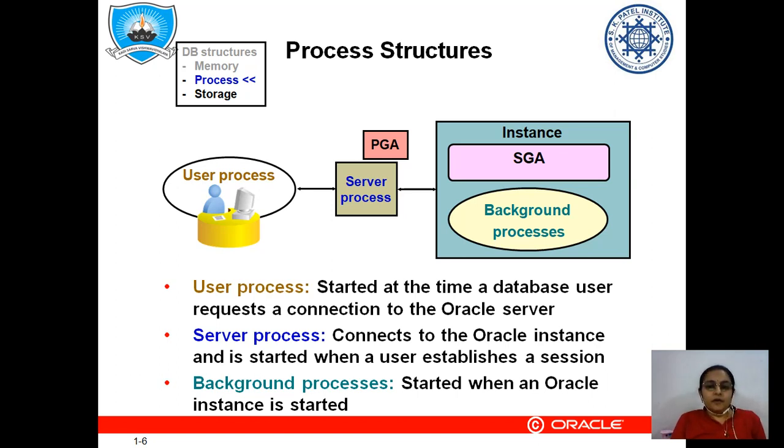Now we talk about background processes. Background processes are already there whenever the instance has been loaded into memory. Whenever we say that the database has been started, at that time all the background processes are executed to serve the purpose. What the background processes are, we will come to in a later part of this session. From this slide, the important part we need to understand is the three different processes that are part of the process structure: user, server, and background processes. Let's proceed.